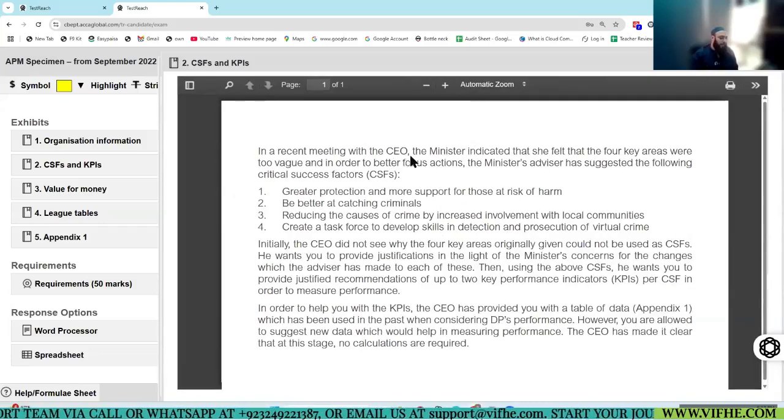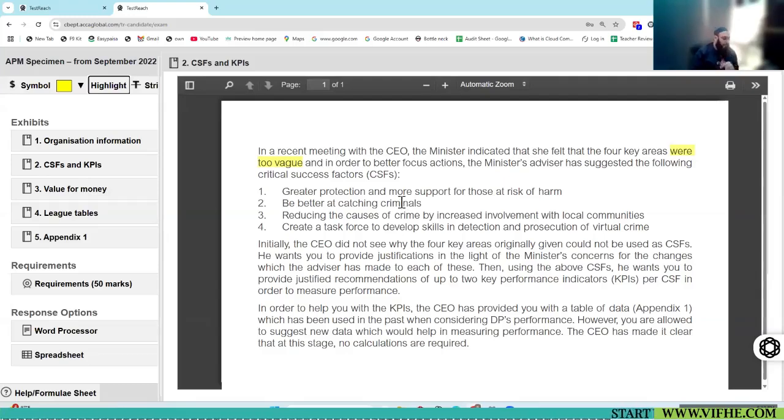In the recent meeting with the CEO, the minister indicated that she felt that the 4 areas were too vague. Now, from here, the confusion starts. The 4 areas that were identified by the CEO, the minister is not happy with. The first 4, okay? And in order to better focus actions, the minister's advisor has suggested the following CSFs.